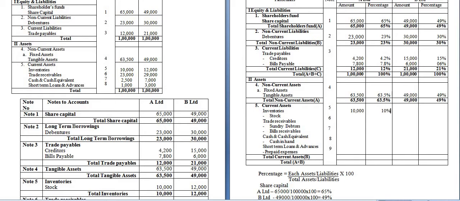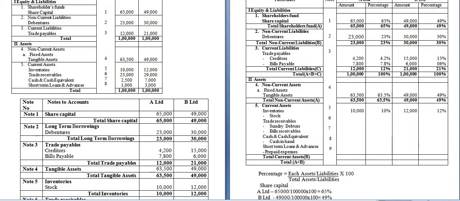Okay, next one is B Limited, it is 12,000. So 12,000 divided by 1 lakh into 100 is 12%. It is 12%. Okay. After that,